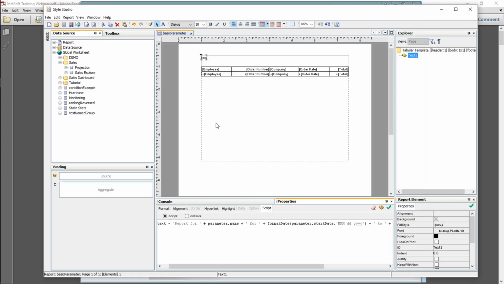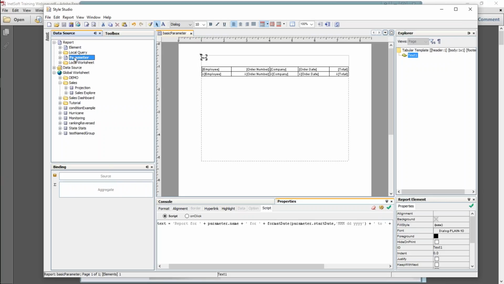You can do that, back in Style Studio here. You can create a parameter sheet either as a reusable component, that is a component that can be used for many different reports, or as a component that belongs to just this one report. If you want to do it that second way, you would expand the report node at the top of the data source panel, there's a parameter,